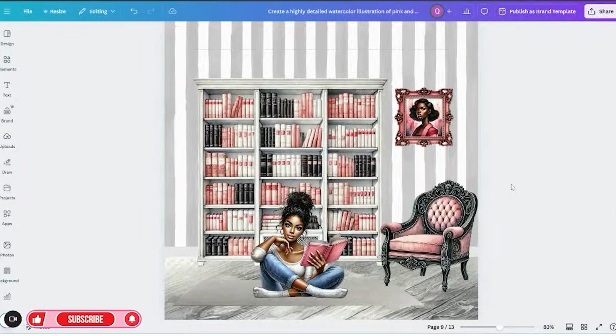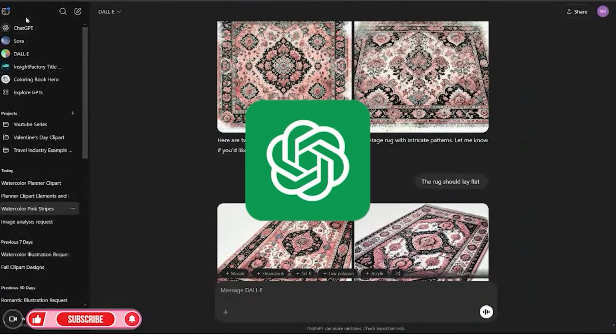If you don't know what to do with your clip art and you want to create seamless scenes just like I have here, you definitely want to watch this video because I'm going to break down step by step how I was able to take all of these clip art images and put them all together in the seamless scene just like this. The first thing you want to do is head over to ChatGPT and we're going to make